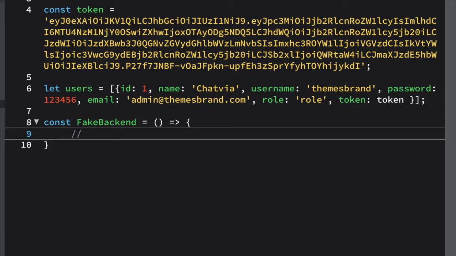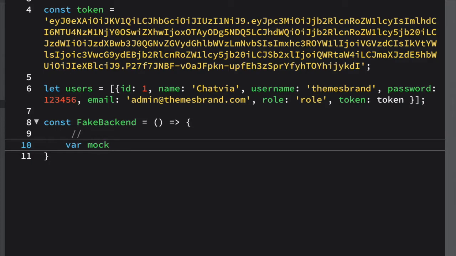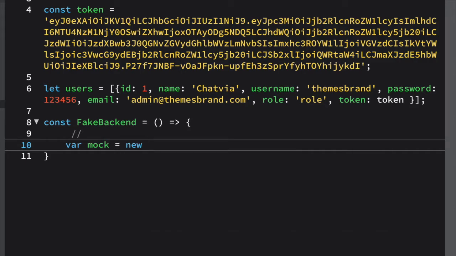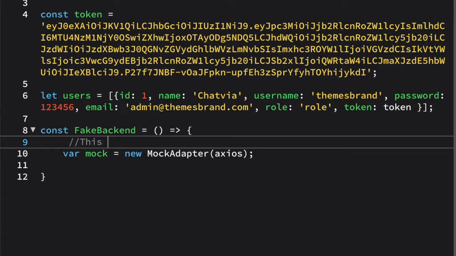And after this, let me tell you what next I'm going to do. So I am going to write here const mock. I am just creating a new variable mock, okay, which will be used to create a new mock adapter using the Axios API. So new, and then here I will write MockAdapter, and then mock adapter is kind of a handle, okay, which allows the data transfer between our application and our backend server. And what I have done here, I will write it here for you. So this basically sets the mock adapter. This sets the mock adapter on the default instance, okay.